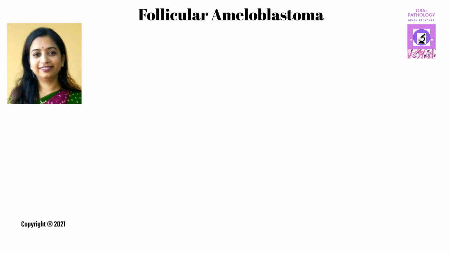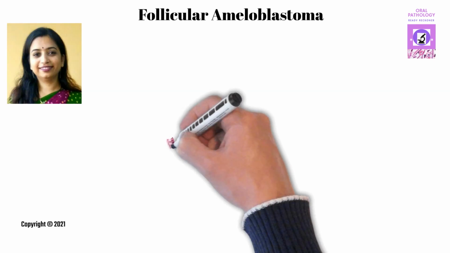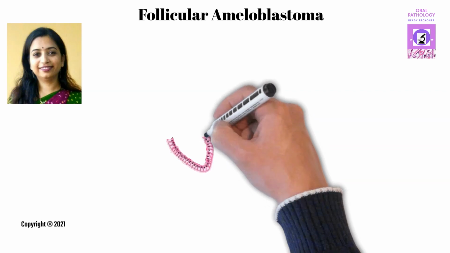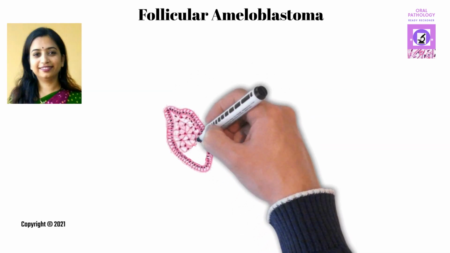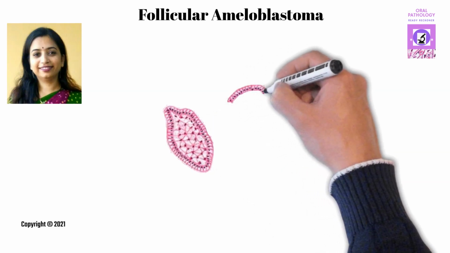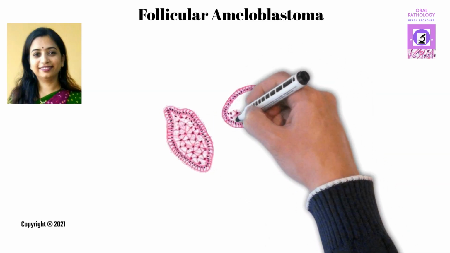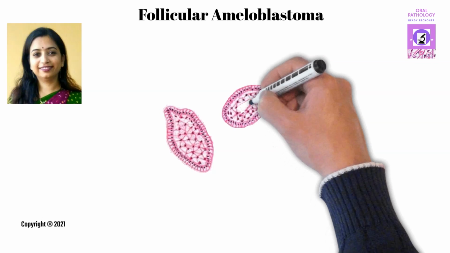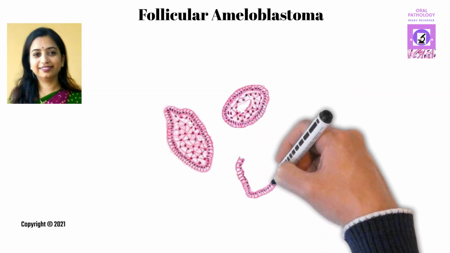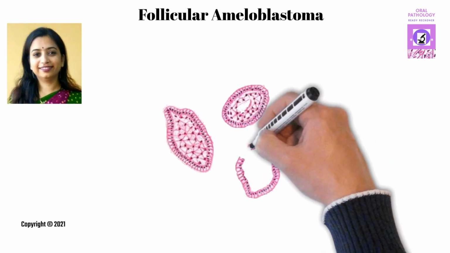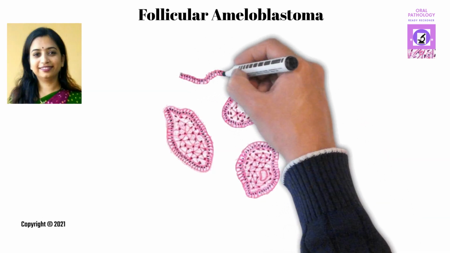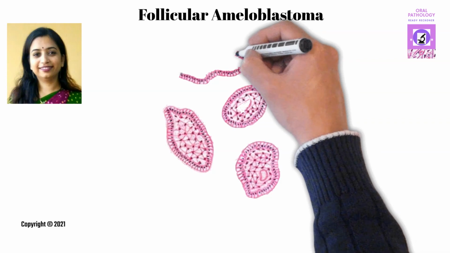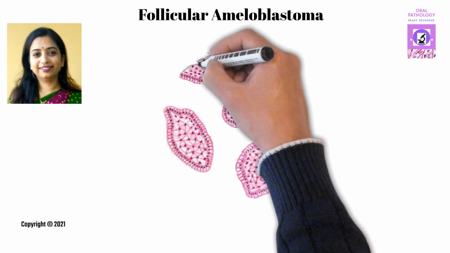First, we'll see a follicular variant of ameloblastoma, which is histologically characterized by the presence of numerous ameloblastic islands and follicles. Now, these follicles show peripheral placement of ameloblast-like cells. These are the columnar cells with dark nuclei, and the nucleus is placed away from the base of the cell, that is reversal of polarity.